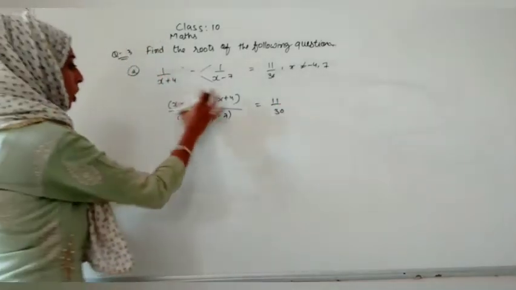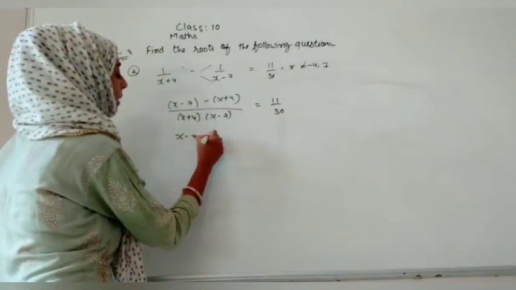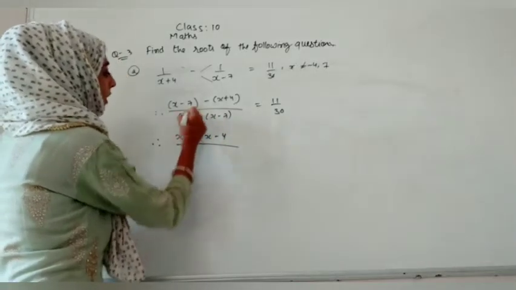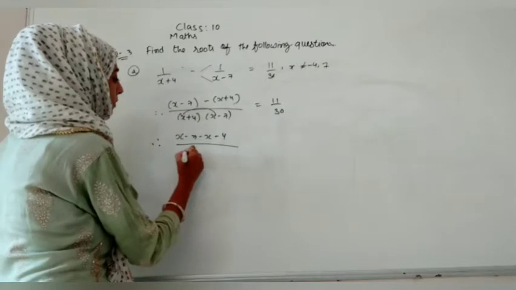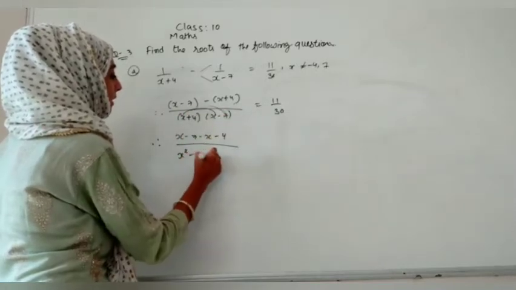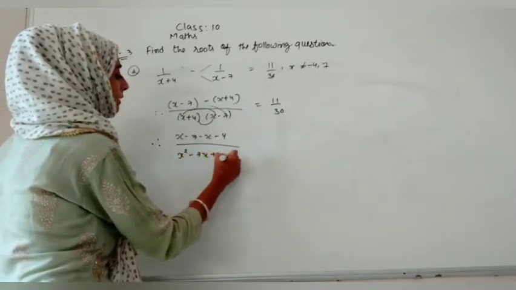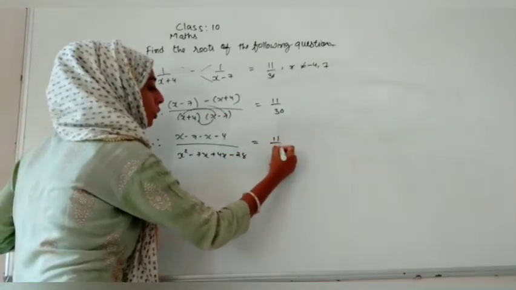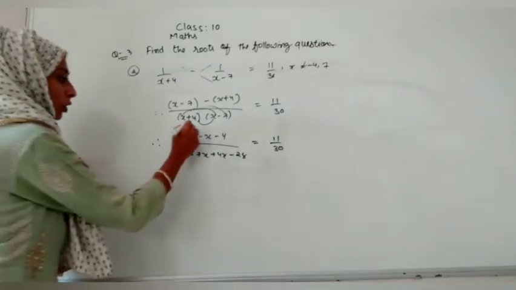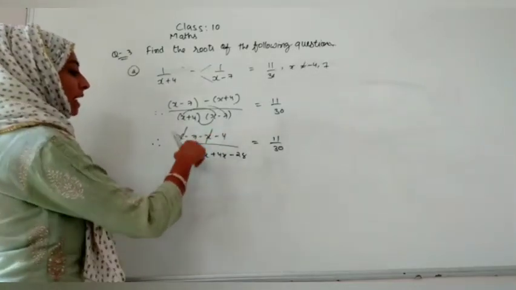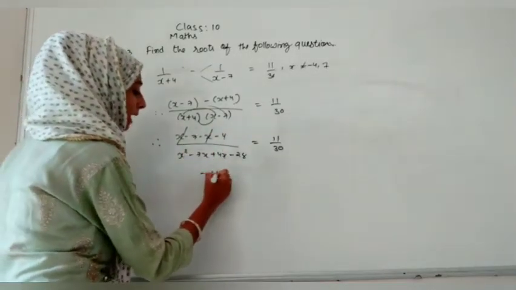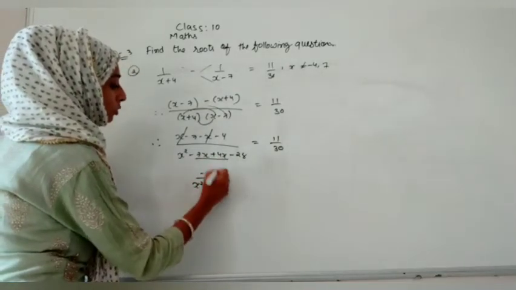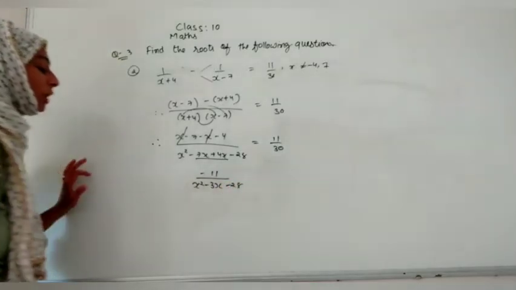Now here we will solve it. It will become x minus 7 minus x minus 4. I have opened the bracket. Now we have to multiply. So it will become x square, minus 7x, plus 4x, and plus minus will become minus, and it will become minus 28. Now here we will solve. One is in plus, one is in minus 7. Minus 7 minus 4 will make minus 11. And if we are solving it, we are getting minus 3x over here, and that will become minus 28.